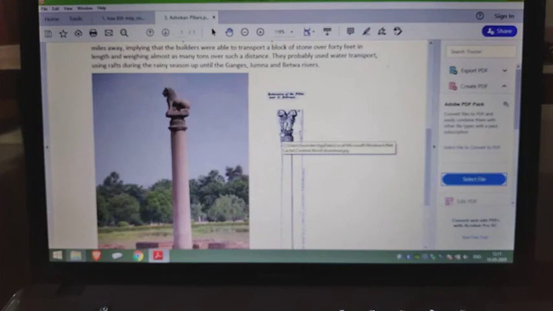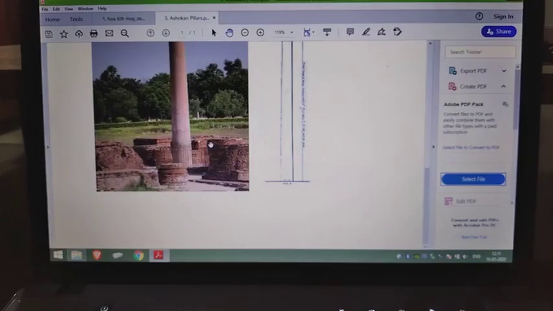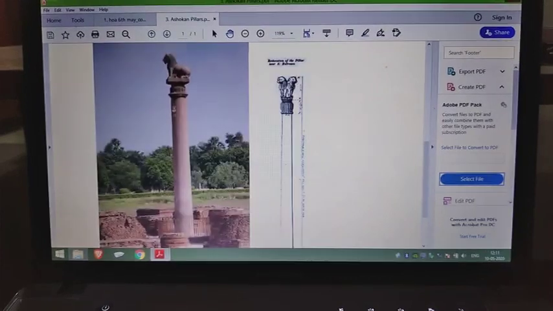Now there are a number of Ashoka pillars, Ashokan time के pillars. इसको Google करोगे, you will be able to see around 4 or 5 different types of pillars. This one is important because this one has been